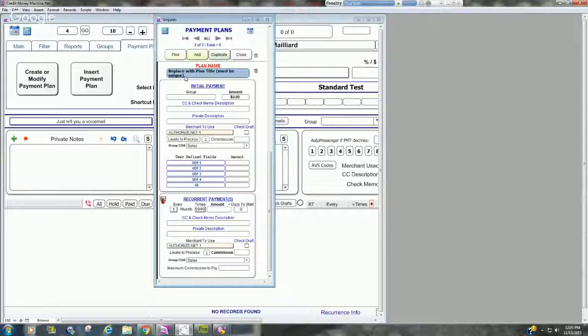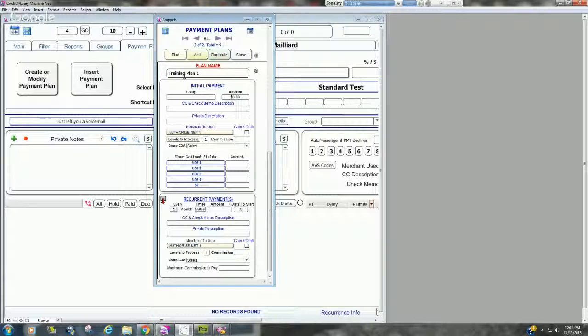First thing it's going to do is ask me to name my plan. So I'll call this my training plan. Training plan 1. Maybe you guys have standard or basic, pro, and advanced, or silver, gold, platinum, whatever you guys do for your different services. You could even say, in fact, let's say training plan 1,